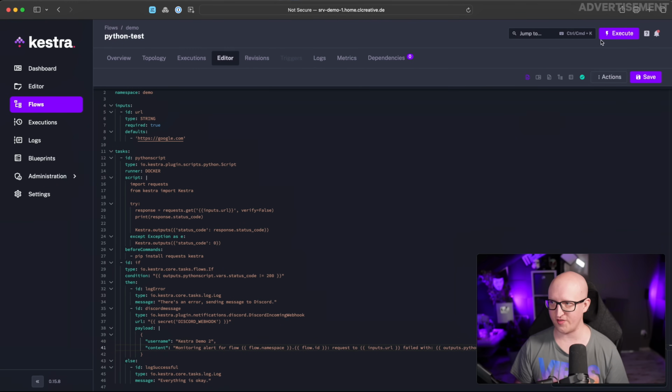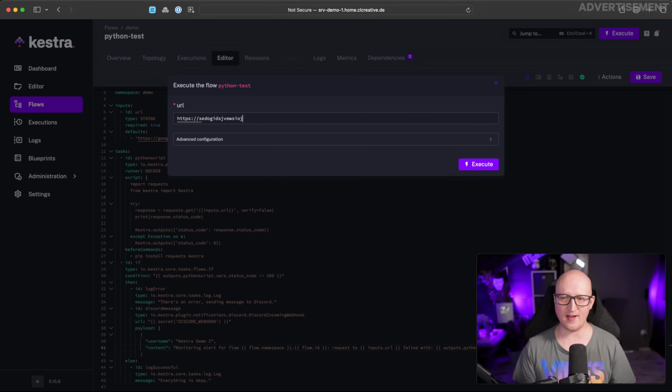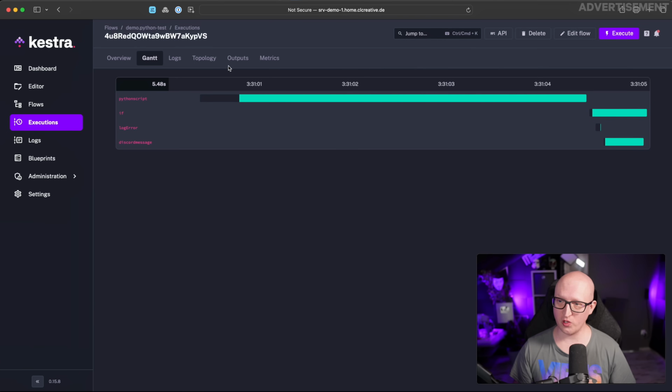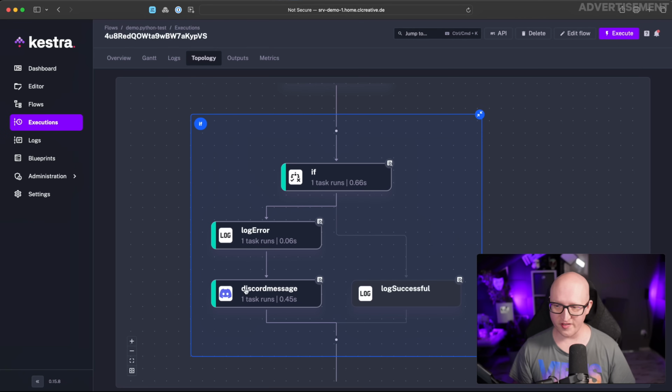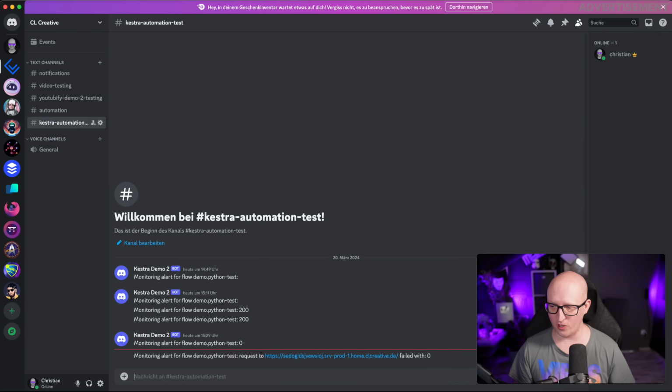So, okay, let's click on save. Let's run this again against something that does not exist on my server. Now you can see it was successful. If we open the topology tab, you can see it went into the different condition that sends the Discord message with an error. So in the chat, you can see monitoring alert request to blah blah failed with